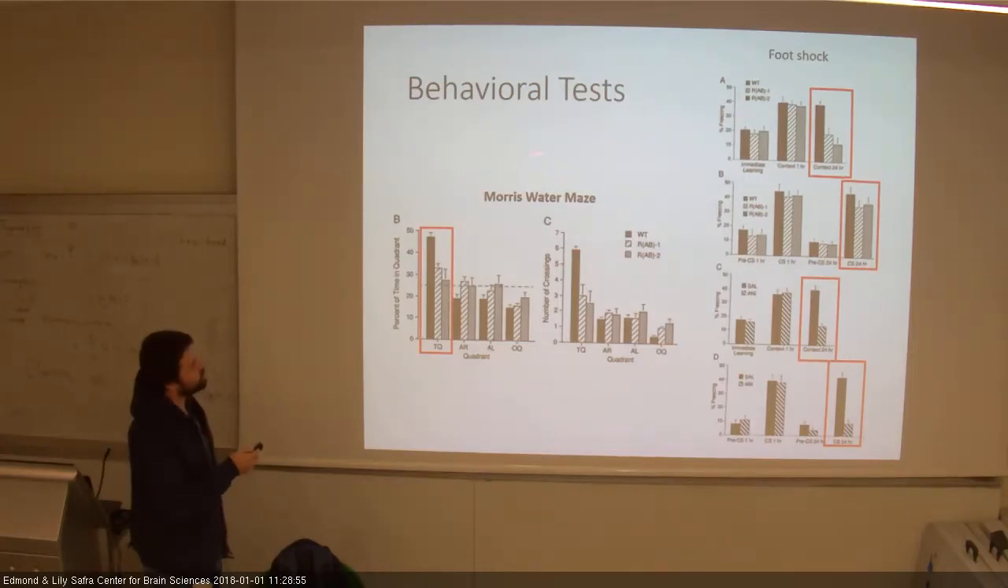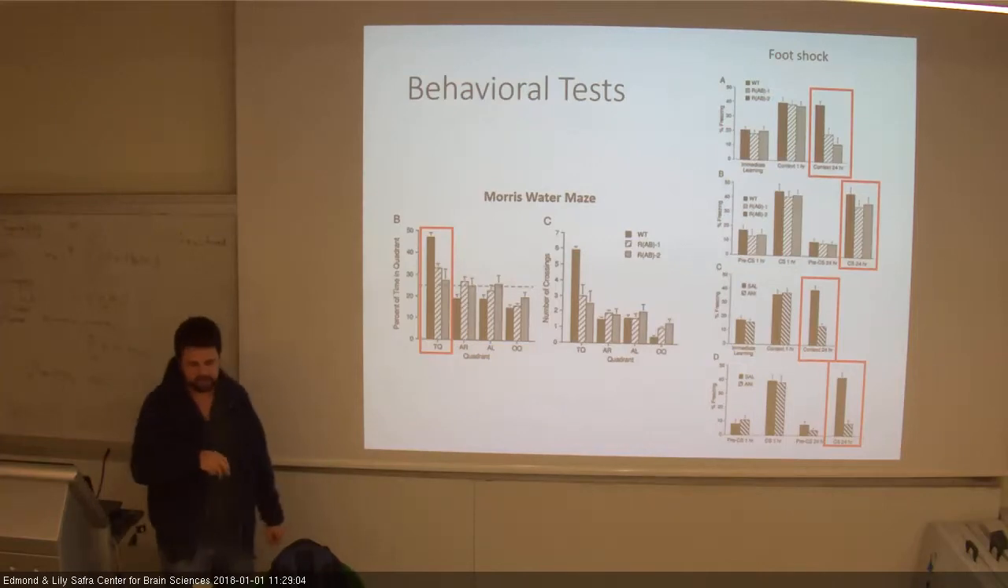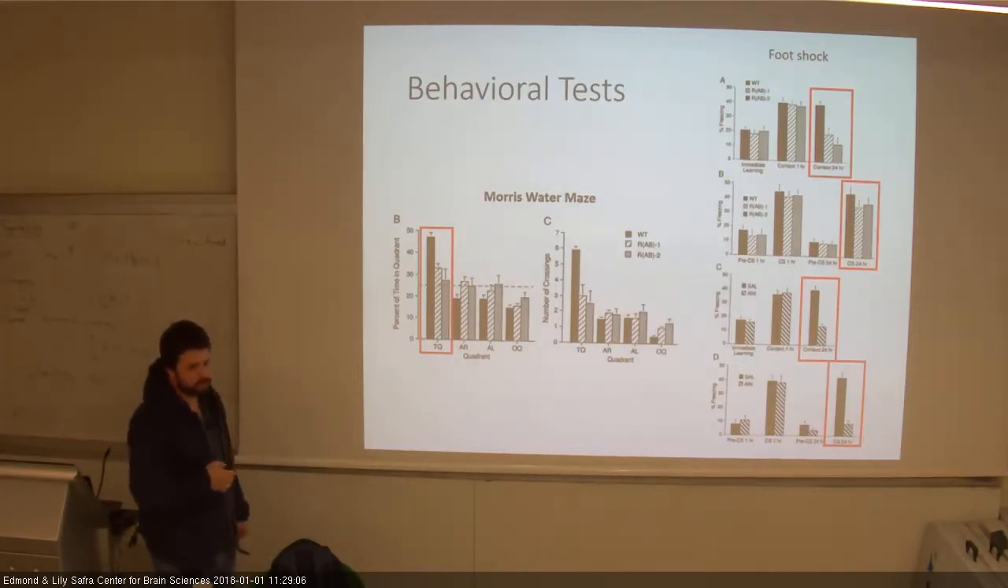So the Morris water maze. Do you know the Morris water maze? You should have read about it anyway. It's a very common test of spatial memory and learning in general in mice, and you can see that there's a large deficiency in the target quadrant, which is the one that the mice should be in, between the wild type that choose this target quadrant relative to the